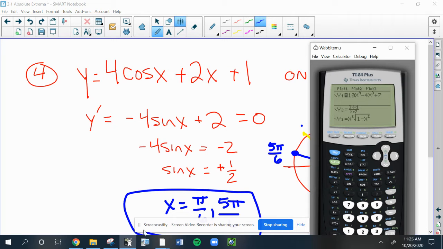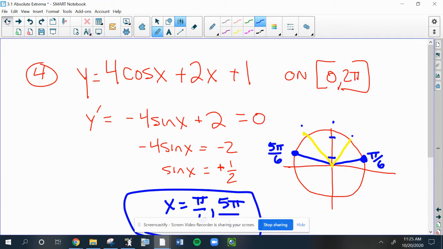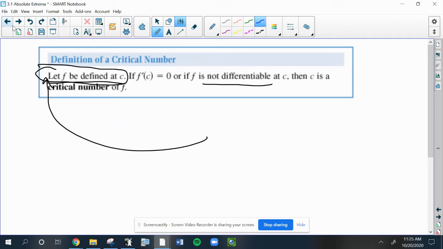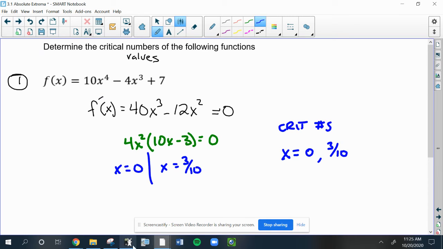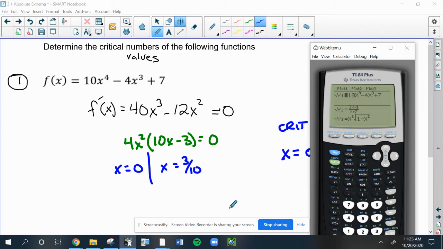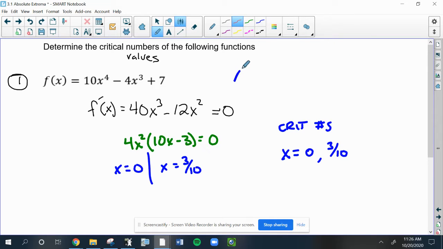Okay, checking these critical numbers on our calculators. So I'm going to go back to question number one. Make sure you stay tuned for especially the trig one. Now, critical numbers are where the derivative equals zero, or undefined. So that would mean you would see like a